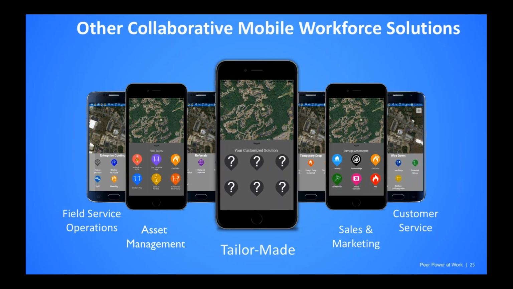In addition to field safety, there's a myriad of collaborative workforce solutions that can be performed by NRBI. In this installment, we've only focused on employee safety and how mobile collaborations can help employees stay safe. And we talked about that in the context of a field service organization warning other coworkers about threats and hazards in the field. But NRBI can also be used to make field service operations run in a very streamlined, efficient manner